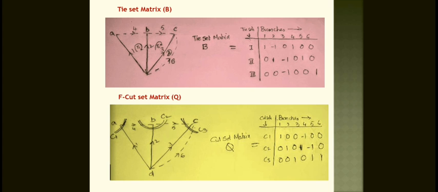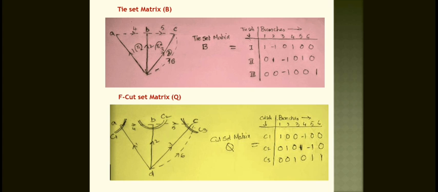And now we will come to this. Here you observe the fundamental cut set matrix. How many fundamental cut sets? C1, C2, C3 are the fundamental cut sets, which are the rows, and the branches are in the columns, so 1, 2, 3, 4, 5, 6, similarly. Here the cut set links up with the branches. For the cut set, the incoming signal is a positive sign and the outgoing is a negative sign.